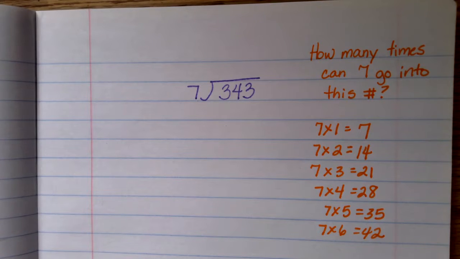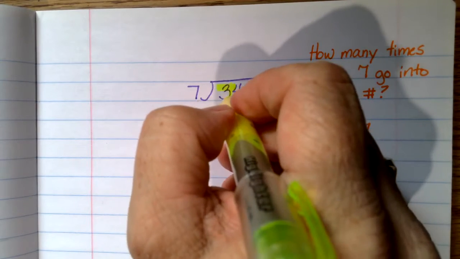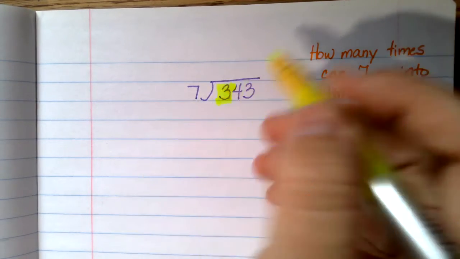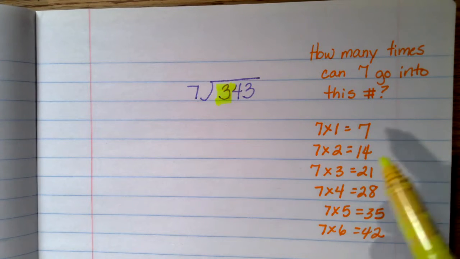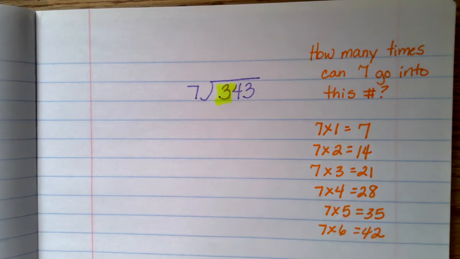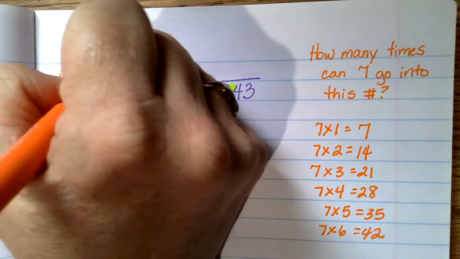The first way that we approach this is we look at the first number in our dividend. This is the number that's being divided. Can we divide 3 by 7? Well, looking at this, we know that the opposite of multiplication is division. So the opposite or inverse of multiplication